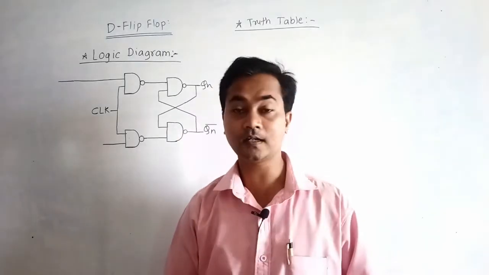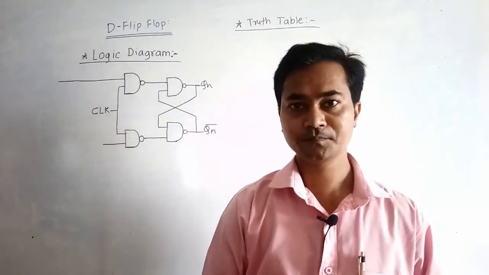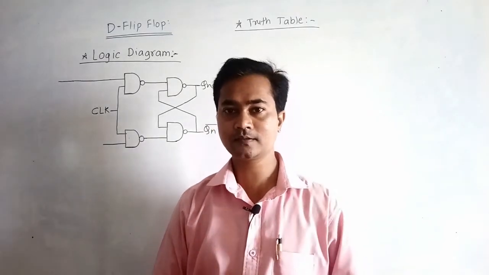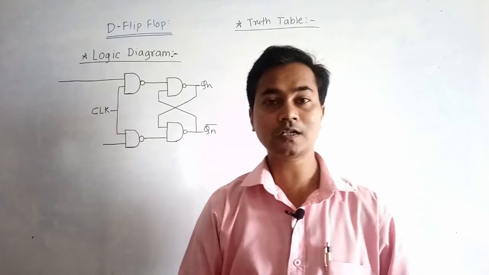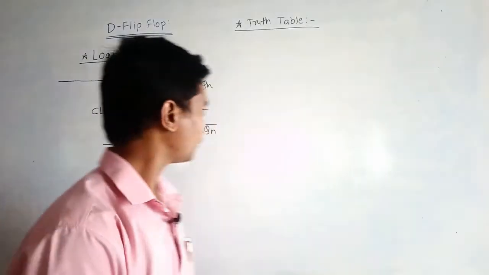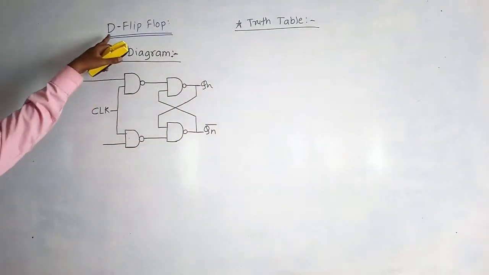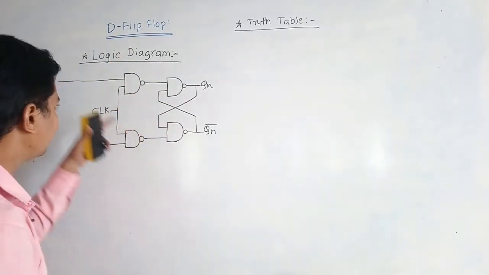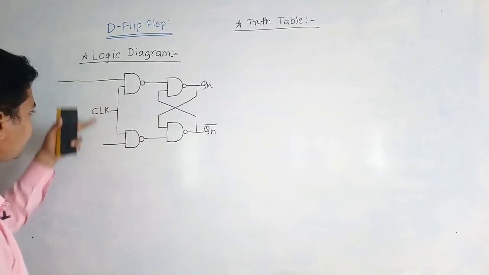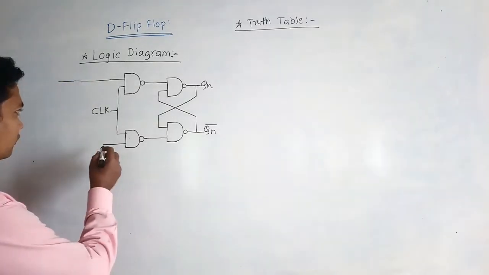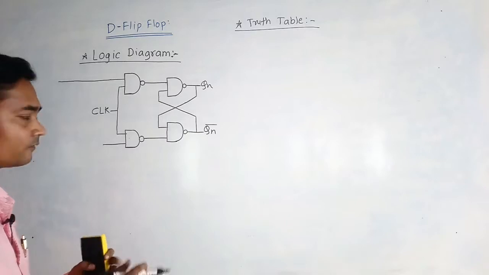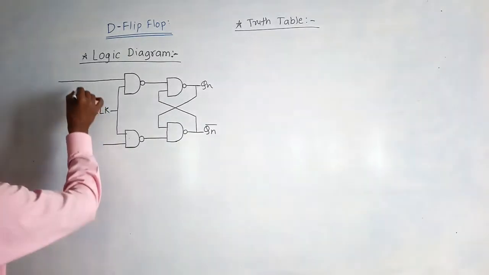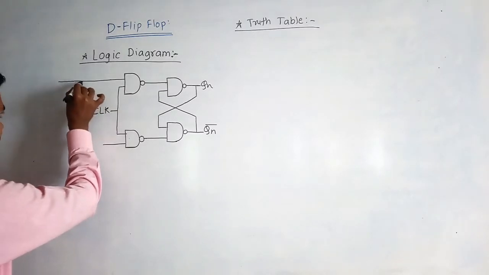The D flip-flop is also called the data flip-flop, or the transparent flip-flop. Let us discuss why it is called a data flip-flop or transparent flip-flop. Here the D stands for a single input. Single input means that, as we have these two inputs, we should give the complement of the first input to the second input, with the help of one NOT gate,